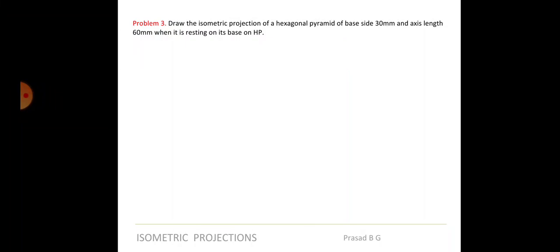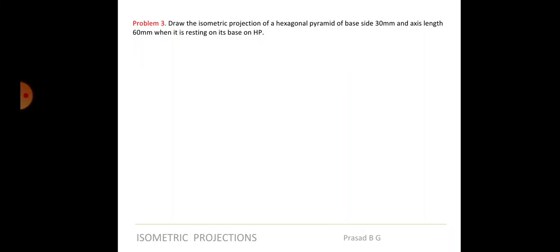So these are the objects where you have to compulsorily draw the orthographic views. Without drawing the orthographic views, it is not possible for you to do the isometric projection of these particular solids, whatever I am going to do now. Alright, so you should draw the top view and front view, and very clearly you have to draw the envelope, box, everything, and that has to be transferred into the isometric sheet. Alright, so marks will be considered for this orthographic view also, because without the orthographic drawing, it is not possible to draw isometric drawing. So you will have to show the orthographic drawings.